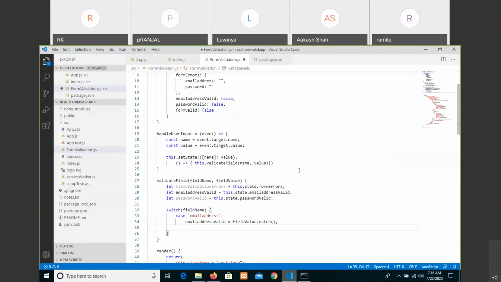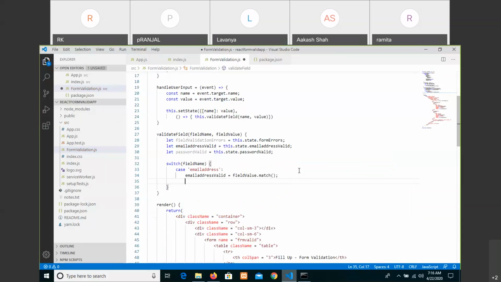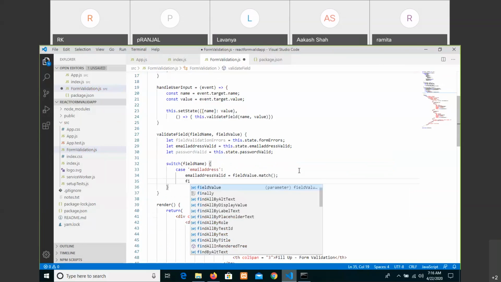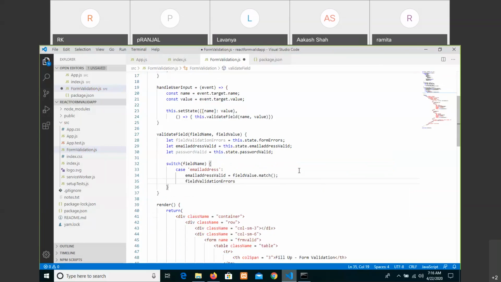But if user is having error or something went wrong, then from the field validation errors, you are expressing in the email address, right? Form errors, whatever these two things we are having in the form errors, you just assigned to the field validation errors. So you have given a call from the field validation errors of email address